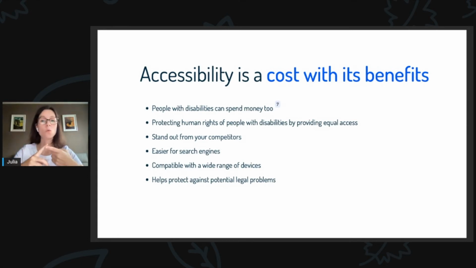Technically, the code and information are cleaner when websites are developed with accessibility in mind. Fully accessible websites are easier for search engines to index and catalog too, making the website easier for everyone to find. Your website will automatically be compatible with a wide range of devices, because accessible design requires you to qualitatively test the robustness of your website on many platforms, browsers, and devices with a variety of input methods.